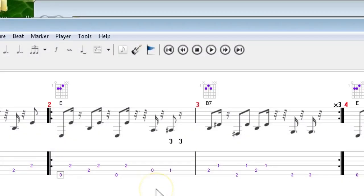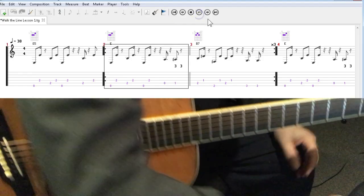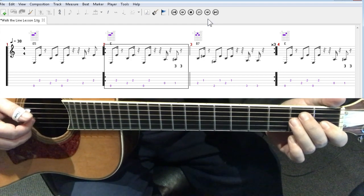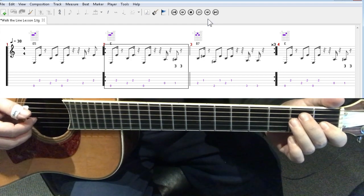All right, so what we're going to do here is loop measures 2 and 3, and what we're trying to concentrate on now is getting these pickup notes, these bass run notes in there on the 7th and the 8th beat of measure 2, and then trying to get these 2 notes right here, work on those 2 notes in the 7th and the 8th beat of measure 3 with the B7th chord. 1 and 2 and 3 and 4 and